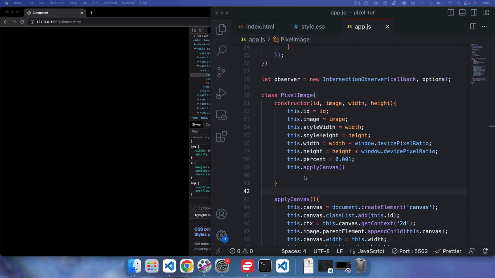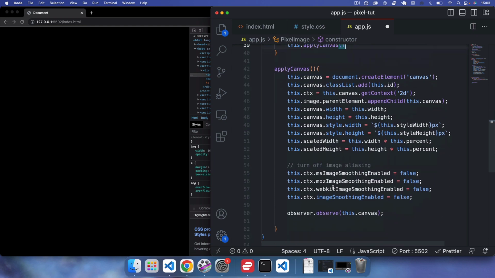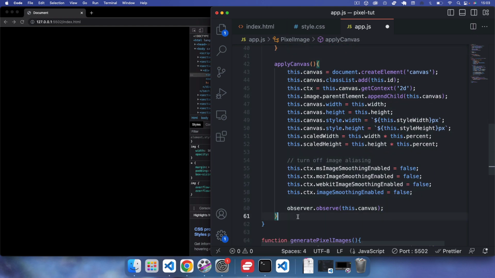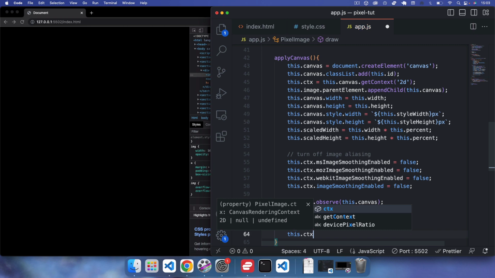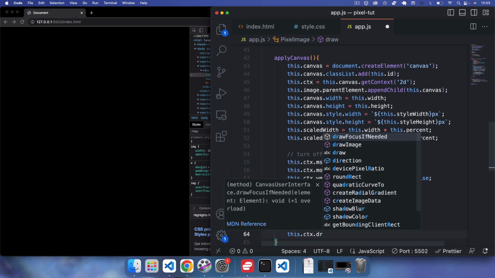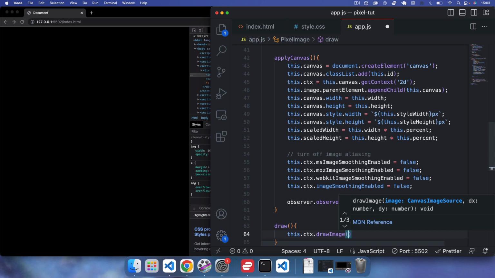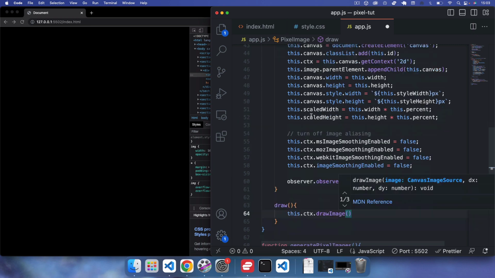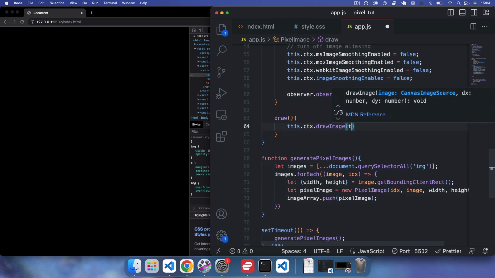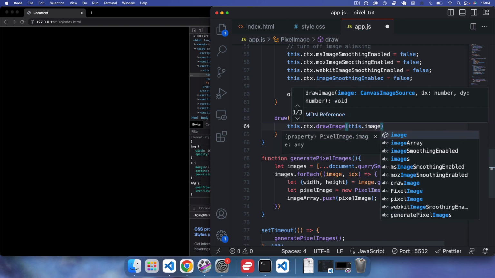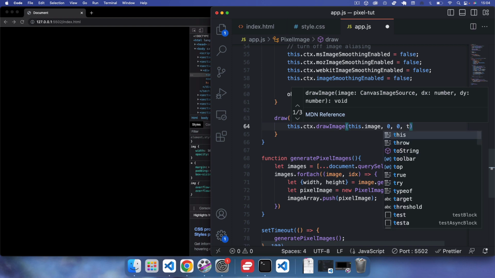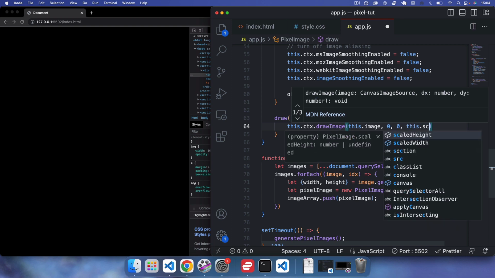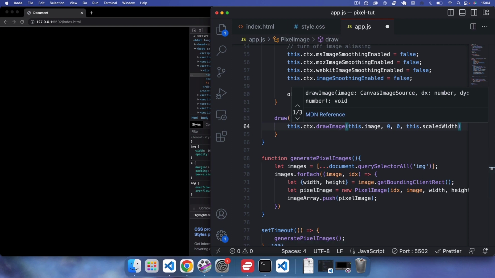So I'm going to say draw first. We'll come underneath the applyCanvas method and we'll have a draw method. And here we're going to say this.ctx.drawImage. So we have a drawImage. We need to do this twice for this function to work. So we need to pass in this.image, and then we want to start it from 0 and 0 coordinates. For the width, we want it to be this.scaledWidth, and then for the